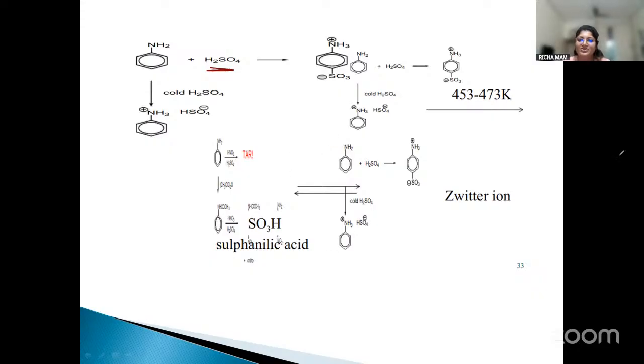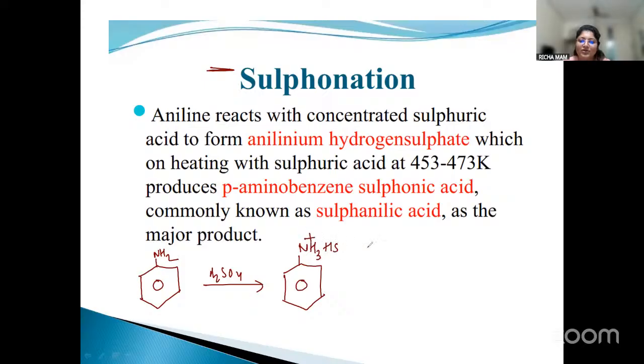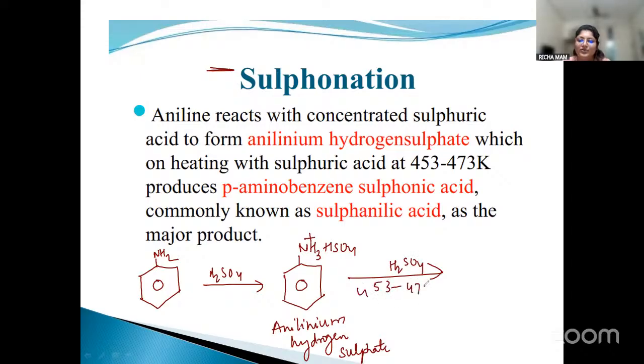So let me write the reaction over here. The reaction goes like this. I have aniline, and aniline reacted with H2SO4. What am I going to get? I am going to get NH3+ HSO4-. So this is my anilinium hydrogen sulfate. This, on further reacting with H2SO4 again at 453 to 473 Kelvin,